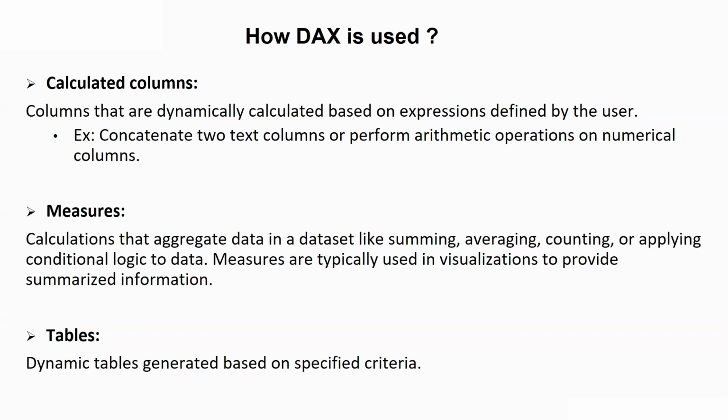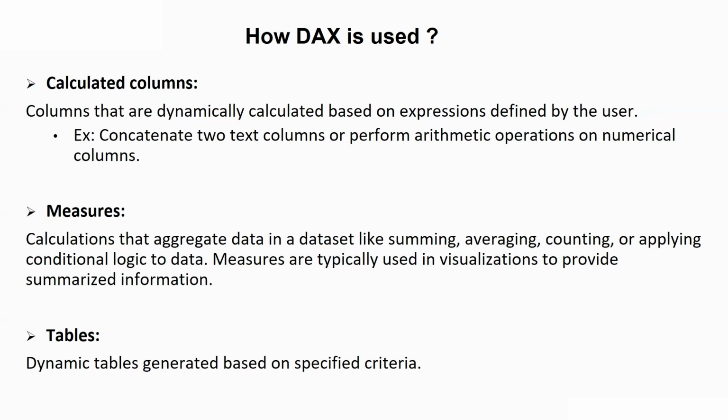If we talk about how we can use DAX in Power BI, DAX is primarily used to create formulas for calculated columns, measures, and tables in Power BI. So these are the three things that we will be creating in Power BI whenever we are working with DAX. If we talk about calculated columns, these are the columns that are dynamically calculated based on expressions defined by the users. For example, a calculated column can be created to concatenate two text columns or perform arithmetic